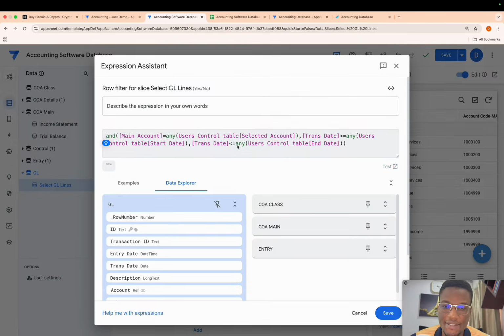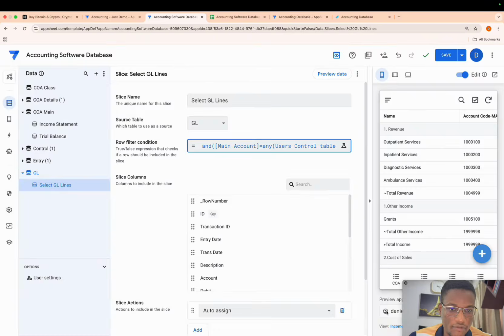Currently, we have a slice that's used to slice the GL based on a GL account selected and then a date duration, right? So if you remember 2 videos ago, there was a video on how you could create a filter into each GL account, right? Good. So we're going to make a replication, or we're going to duplicate this slice, and then we're just going to alter it a bit to make sure this time around we're taking all income statement lines, not just one GL. And then we are going to use the same date filter to filter the data. Good. So this is the existing one for the GL.